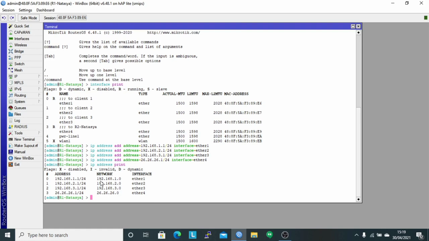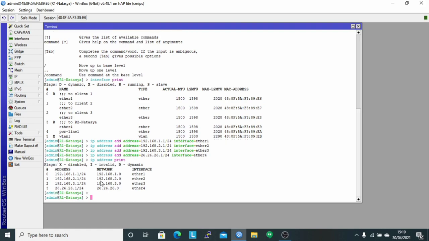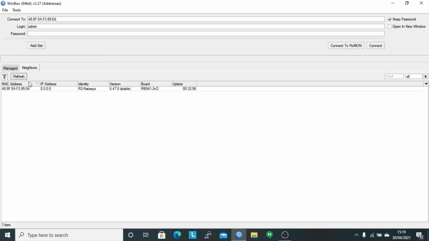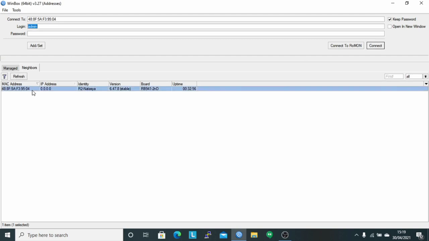And next, configure the IP address on router 2. I will move the LAN cable to router 2. Then log in to router 2 to configure the IP address. Click MAC address and if ready, click connect.